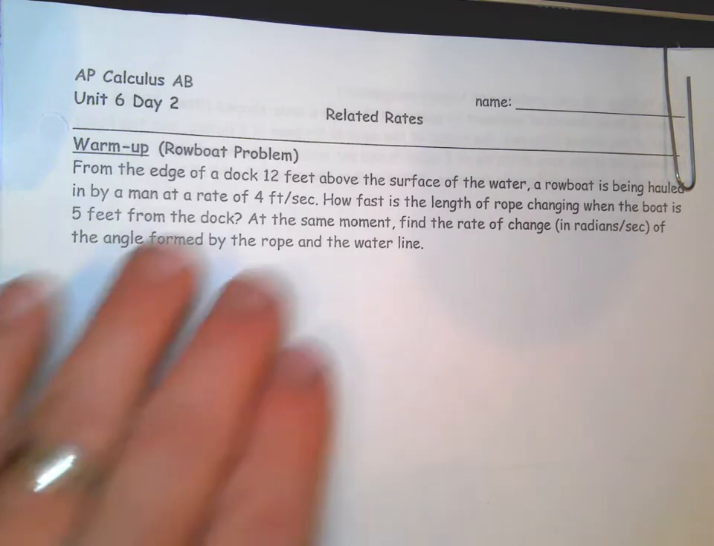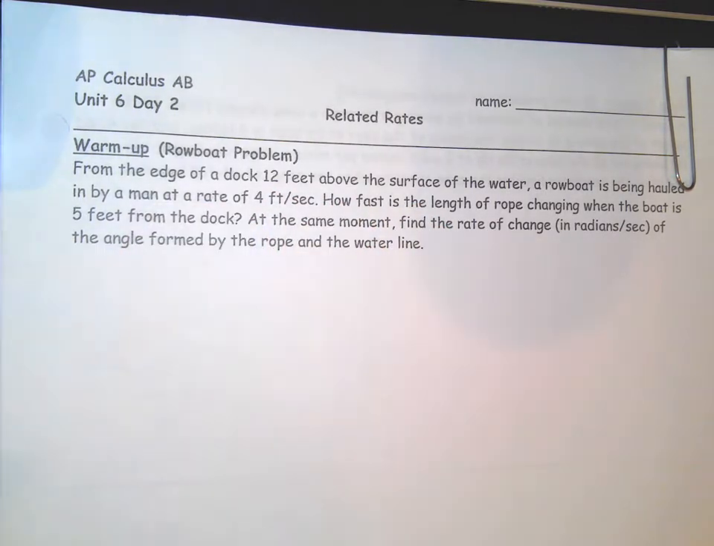So from the edge of the dock, 12 feet above the surface of the water, a rowboat is being hauled in by a man with a rope. How fast is the length of the rope changing when the boat is 5 feet from the dock? At the same moment, find the rate of change in radians per second of the angle formed by the rope and the water line. So I try and draw a picture, think about what things are constant and what things